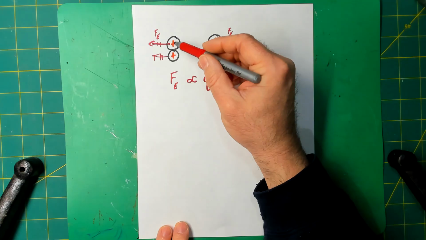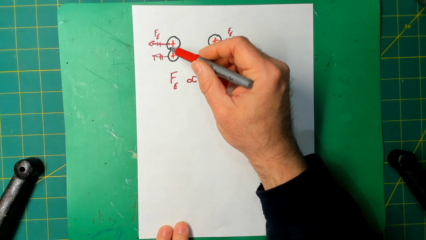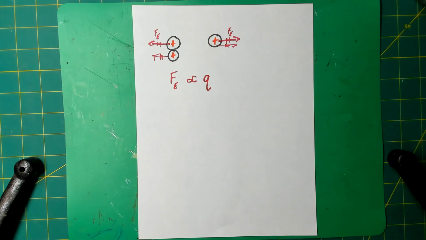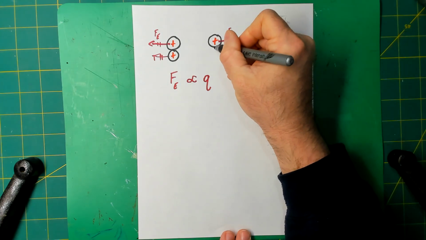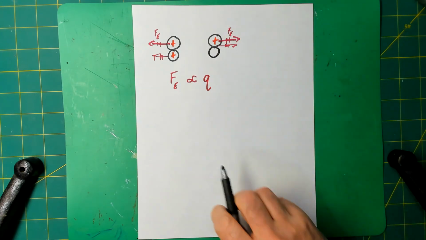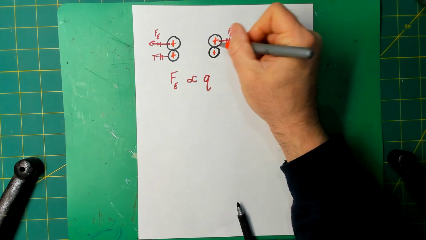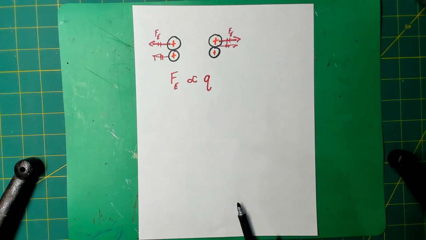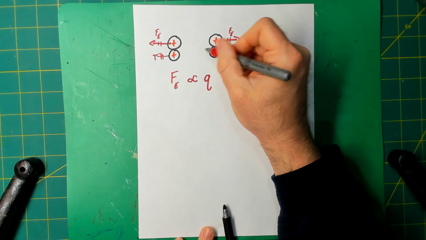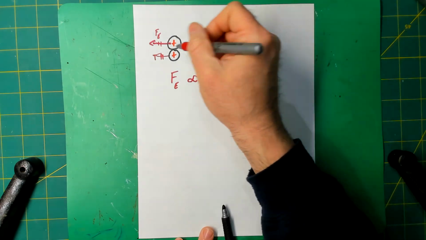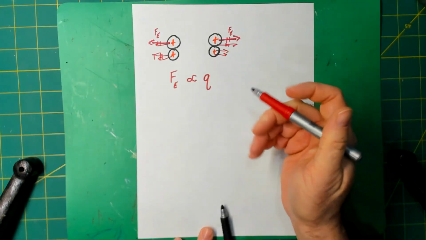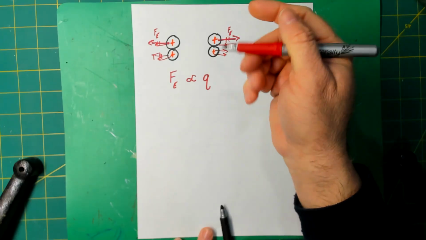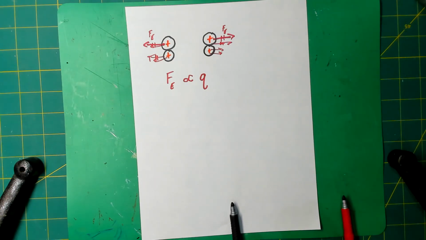Now, I could double the charge here, and then each of these is going to push this guy and get pushed back by this guy. You say, but what would happen if I doubled over here? Right? I could make this guy twice as big, and then each of these would be pushing on each of these, and so then the force would double. So the point is that he would get pushed by him, he get pushed by him. So if I double that charge, I'm going to double the total charge here too. So the point is, it's proportional to the charge on this side, and it's proportional to the charge on this side. So now that I've cluttered my diagram,